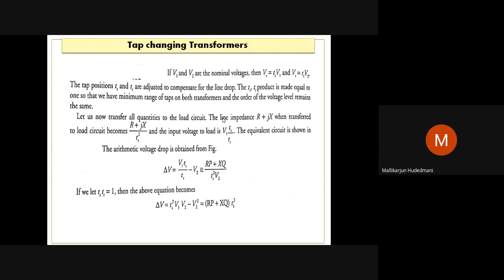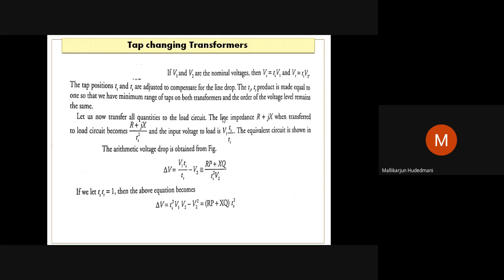I was just speaking to you about why I am using this tap changer. The voltage V2 I am unable to maintain as specified, which I am pumping in as V1 at the sending end. The drop is tremendous and I need to compensate it. To compensate that, I am altering the tap settings at the primary and secondary sides of the transmission section. So Ts and TR product is made equal to 1. For the design of a transmission system incorporating tap changers at its ends, there is a design criterion: the product Ts into TR is made 1,